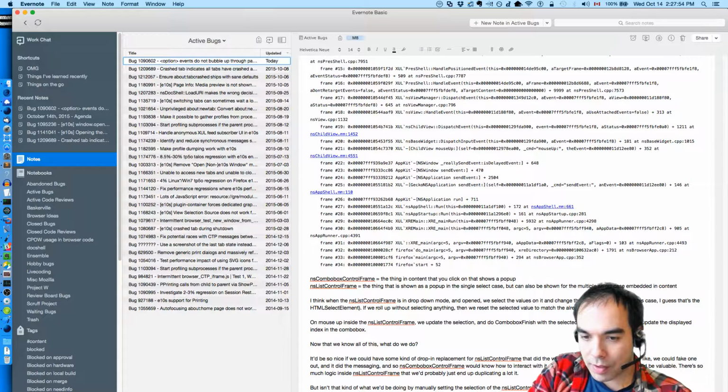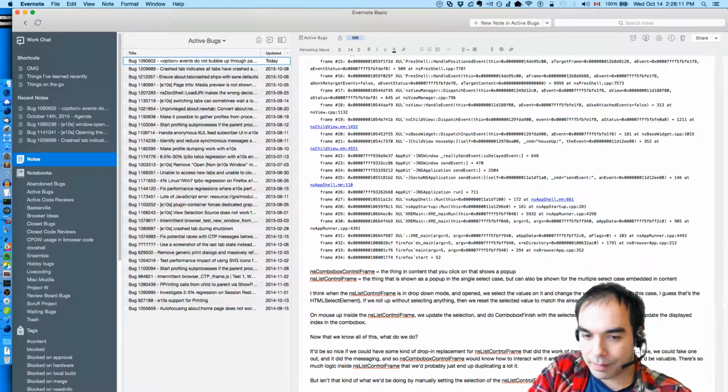But perhaps we can also expose some other method that we can use from privileged script to change the selection of the remoted NS list control frame without changing the displayed text inside the NS combo box control frame.